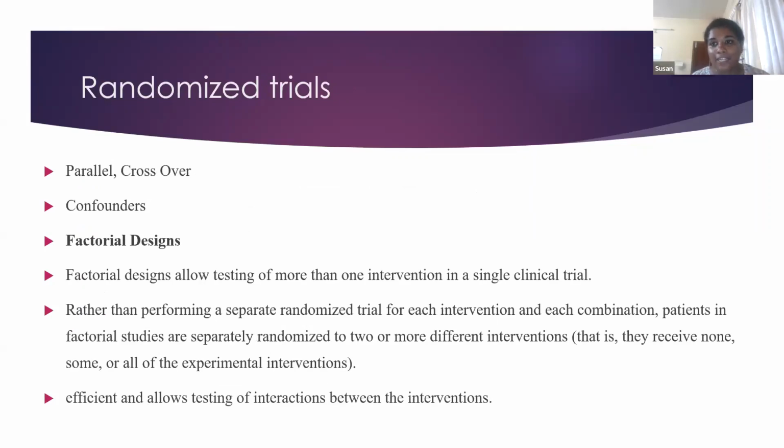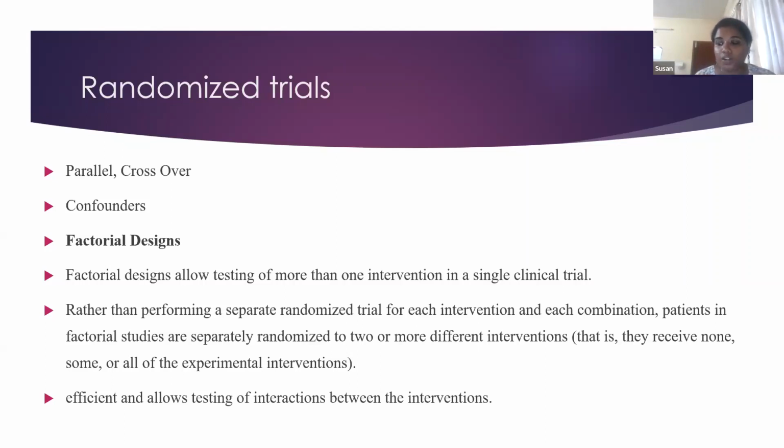Now we move on to randomized trials. The concept is that when we do an intervention, every person who comes has an equal chance of getting one intervention or the other. Mostly what we see are parallel trials. Say 30 people are going to come for our study, and we first randomize them. Out of these, 15 people are going to get intervention A, and 15 people are going to get intervention B. So you have two parallel groups, you follow them up, and see which intervention was better.